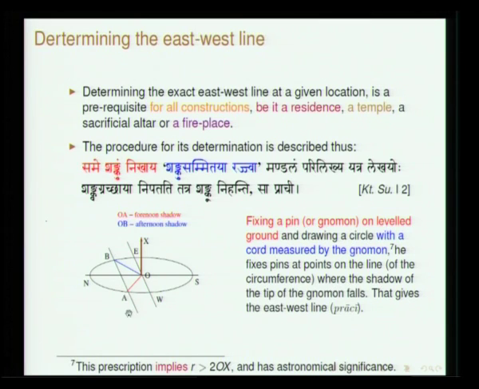So, what we will do is, you create a platform, you place the stick, and then you see the shadow. The length of the shadow keeps on decreasing, and at a certain point it will enter into the circle, and then in the afternoon it will move out of the circle. These 2 points have to be marked, and they are A and B in this figure. Points A and B primarily define the east and west points. Okay. Once you draw a line AB, A is marked in the forenoon as the shadow enters the circle, and B is marked as the shadow exits from the circle.